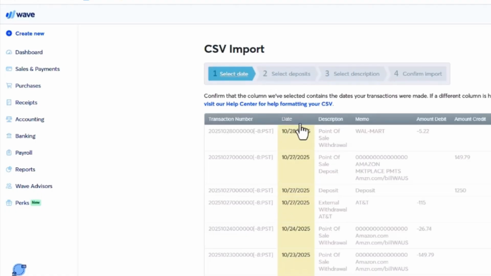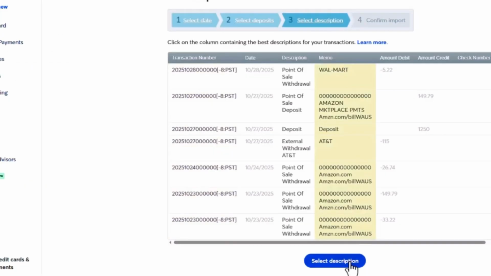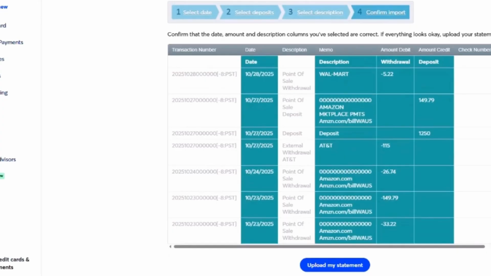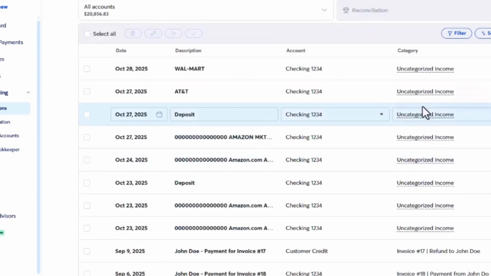Wave will automatically begin reading the file, but pay close attention to the column mapping section. This is where you match your Google Sheet columns to Wave's required fields like amount, date, and descriptions. After confirming everything looks correct, proceed by clicking Import and wait a few seconds for the transactions to appear in